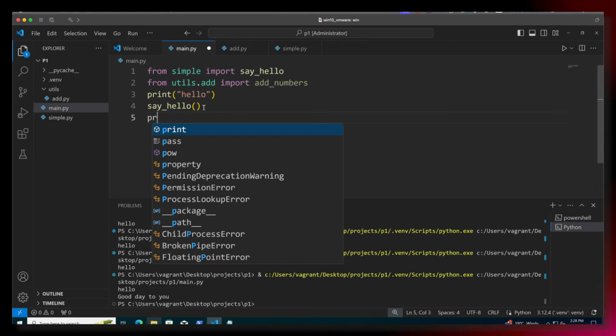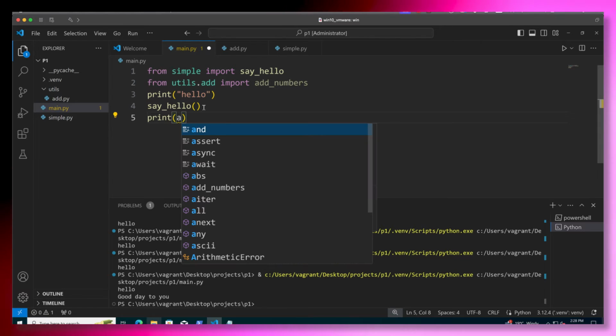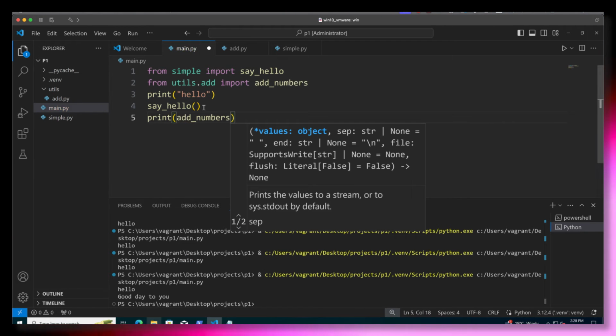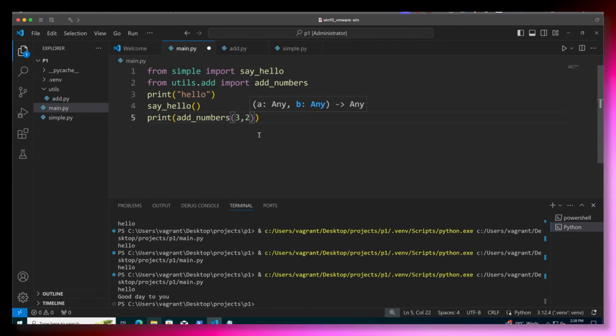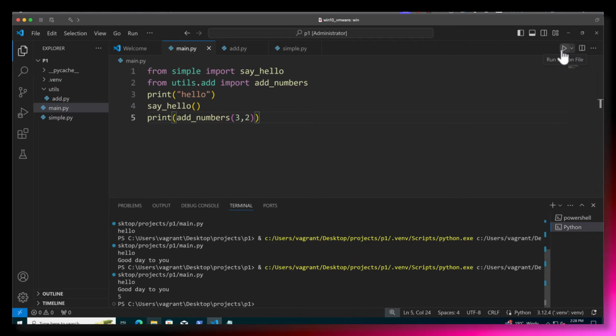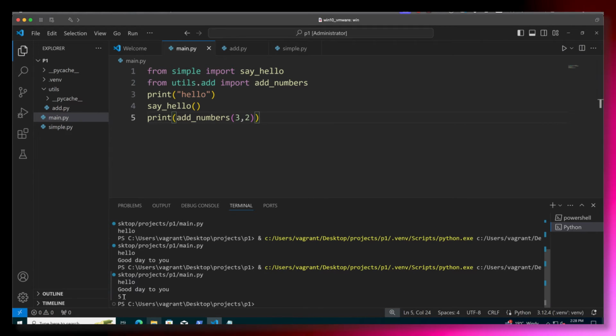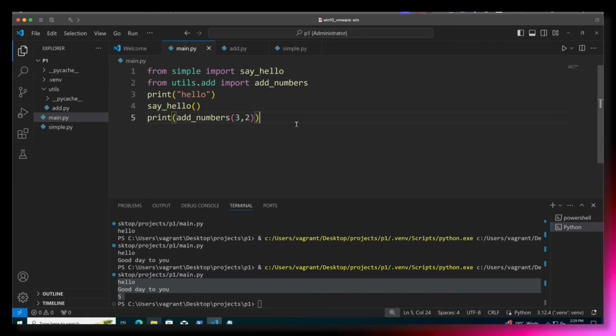Now we can quickly test that this is going to work, so I can use the print statement and then add_numbers, and we can then go through and add 3 and 2 together, and hopefully if my maths are right we're going to get 5. So I get hello, good day to you, and we have 5. Utils now is acting as a package, a container for modules.